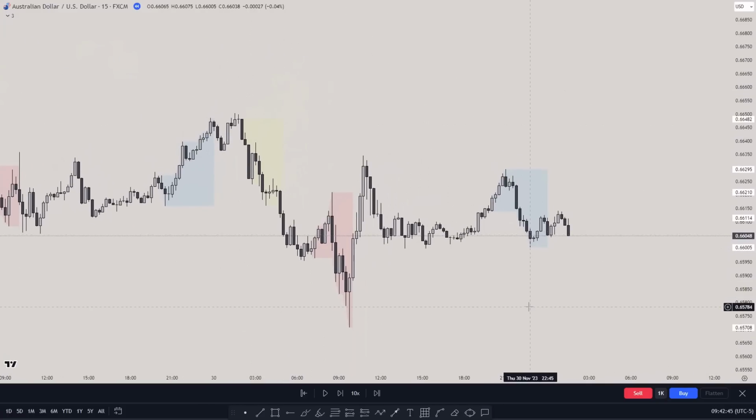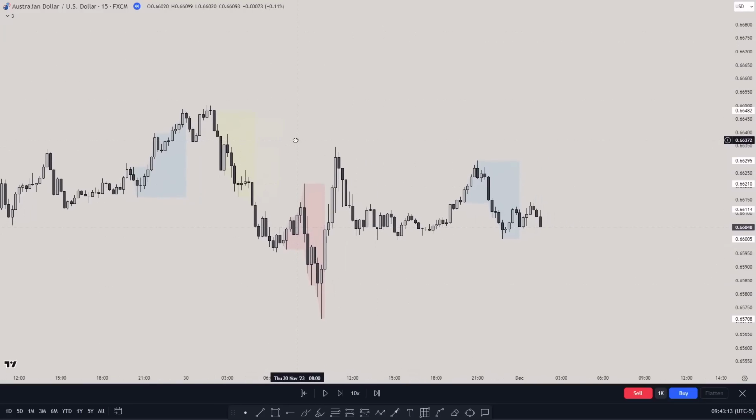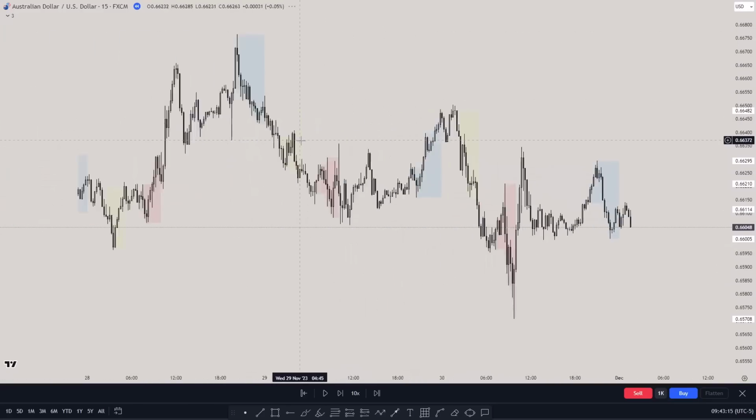Now, what we're going to do is go from the higher time frame, and for me, it's the weekly and daily. And then I'm going to go to 15 minutes and finally to 1 minute. Now you can find the time frame alignments that fit you. The weekly and the daily are not going to be that mandatory. It's not going to be every time I need to look at them. But if it's aligned with the medium time frame, which is the 15 minutes in this case, that's even better.